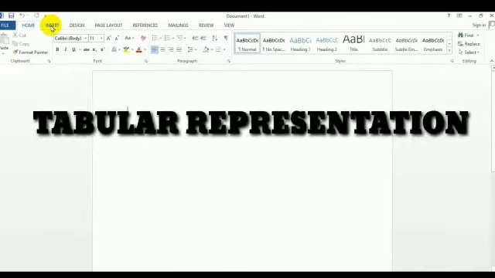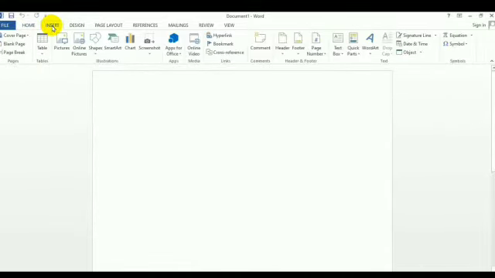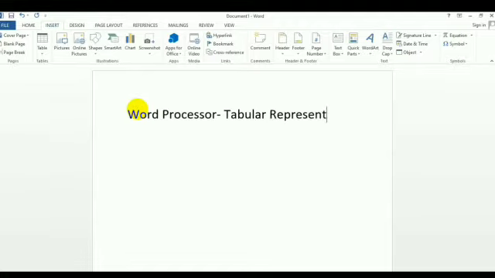Now, in this Insert tab, there is the option Table. As per our requirement, we can take rows and columns as per our need. Once we click on Table, we get the option of Table, and then we can take columns and rows.